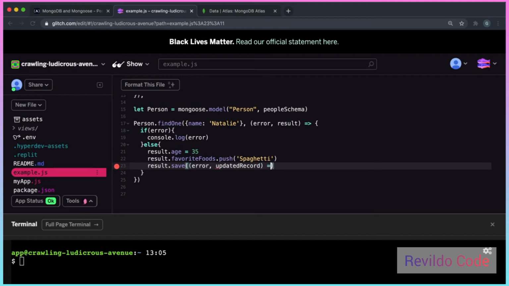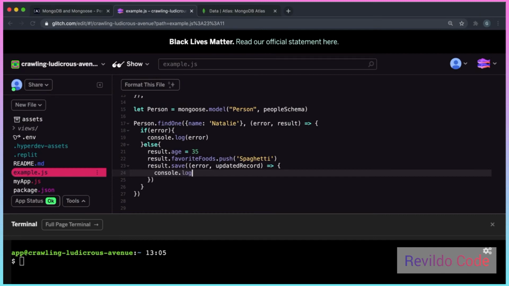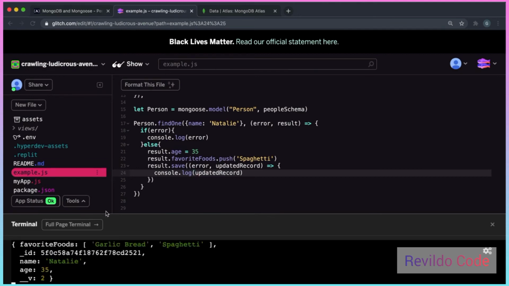And once again, we can do whatever we want in here, but this doesn't really matter. I'm just going to log the updated record, but it doesn't matter what you do in here because this saving part is the important part. So if we do that now and we run the example.js, we can see that we've got the updated record